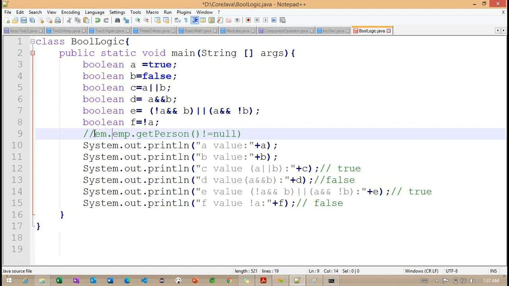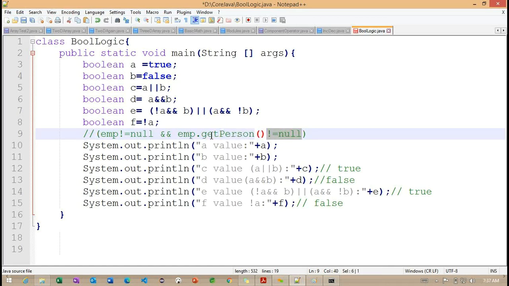Initially also we are going to write emp not equals to null. Observe, we are checking with the not equals operator as well as the AND condition. Whenever we get a not-null employee object, the same way with the help of this employee, we are trying to load this particular person.